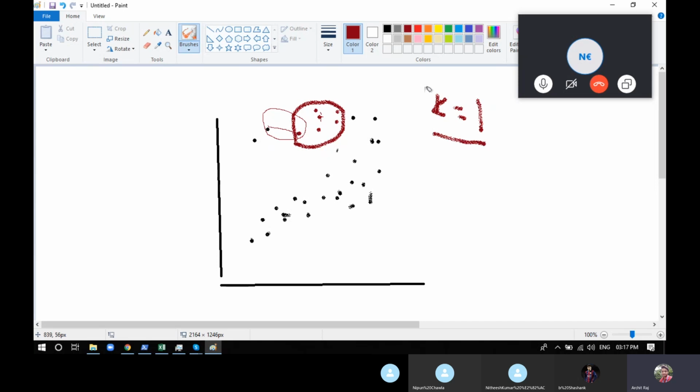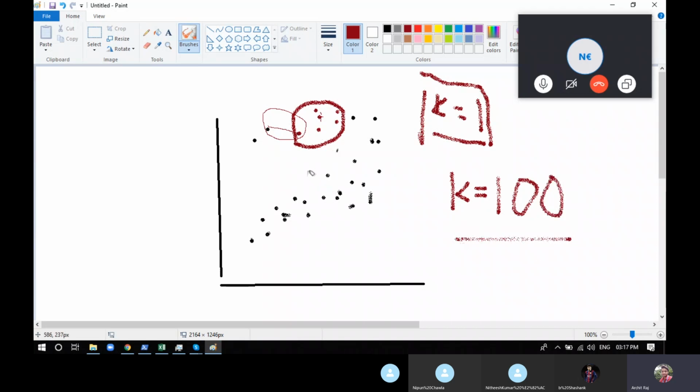So we are not supposed to give the value of k really small, and we are not supposed to give the value of k really large. Just imagine you give the value of k as 100. It means you're just considering the percentage of classes which are present. Imagine the points here are in the red category, category A, and these are in category B, and you give k equal to 100.